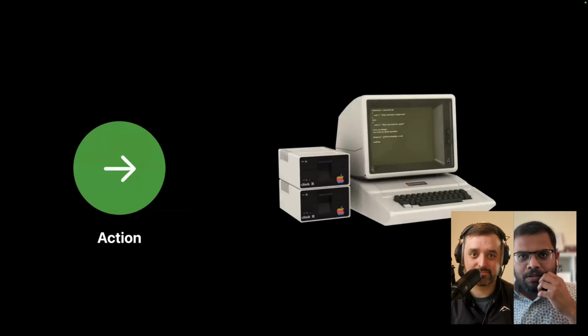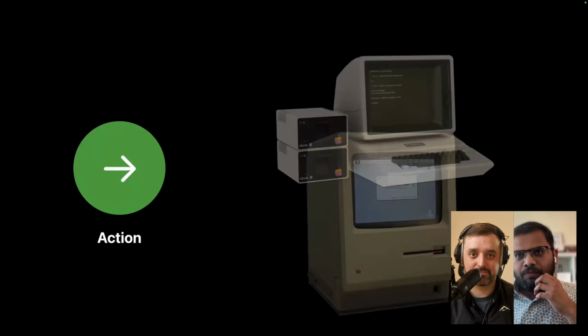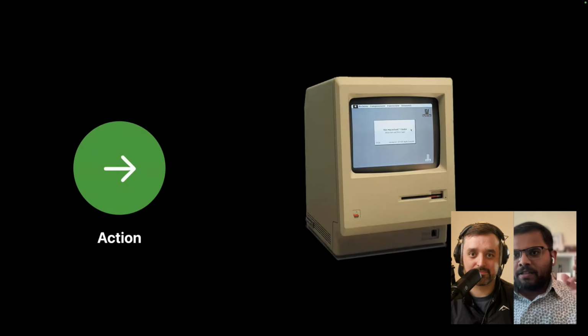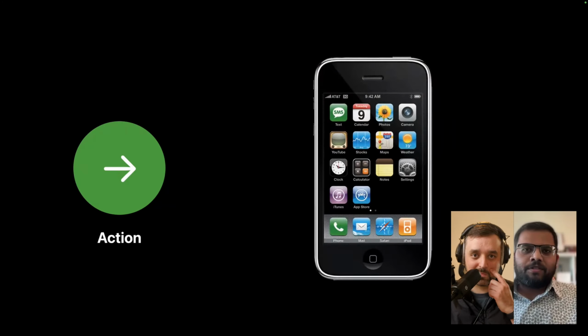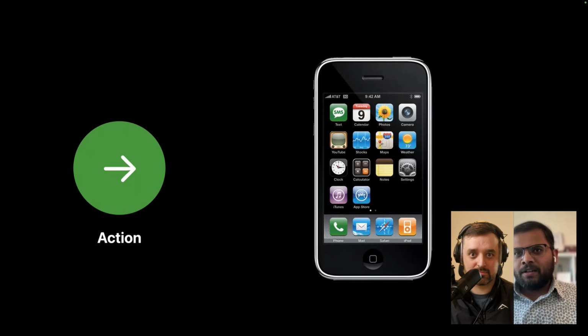And for computers, when we look at it, it started with the Apple II, at least the GUI part of it or the UI part of it. You have the Macintosh, which introduced the GUI, the iPhone that introduced apps and the concept of touchscreen.